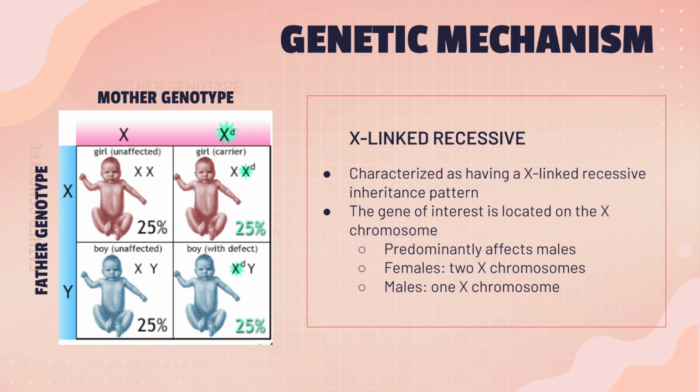The Punnett square demonstrates the offspring of an unaffected carrier mother and unaffected father, resulting in a 25% chance that their child will inherit Duchenne or Becker muscular dystrophy, with a 25% chance of the child being a carrier of the disease. These outcomes can vary depending on the genotype of the mother and father. Overall, to inherit these conditions, the defective gene must be inherited either from the mother or their father, or both, for the child to express Duchenne or Becker muscular dystrophy.